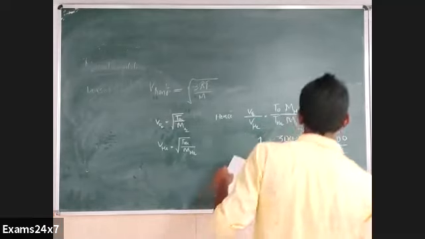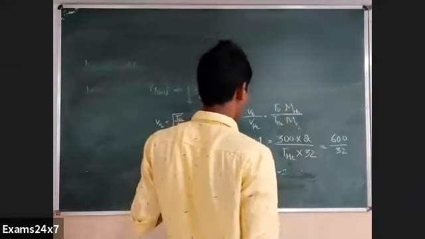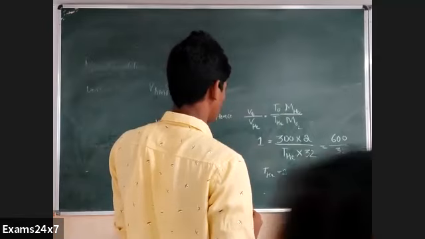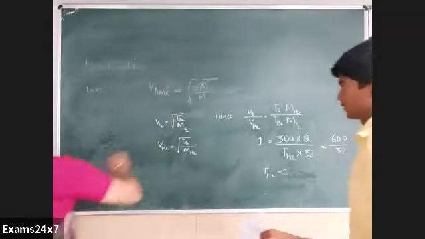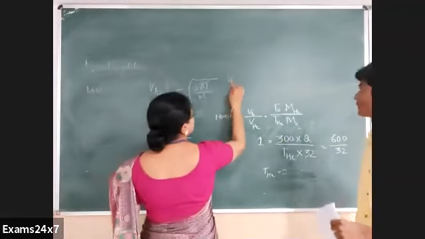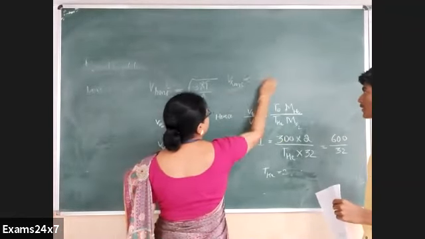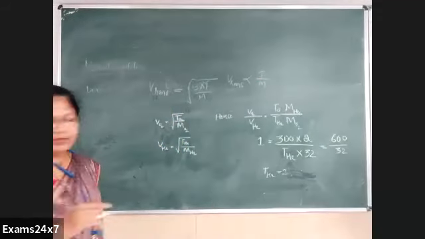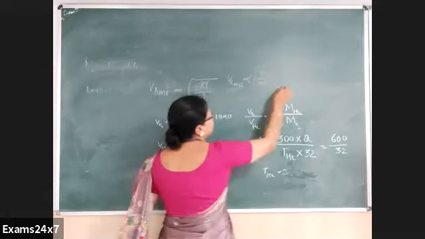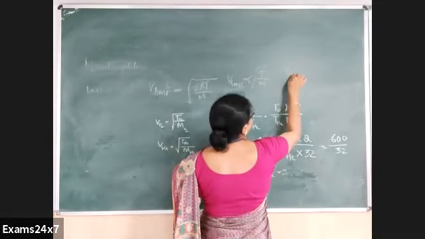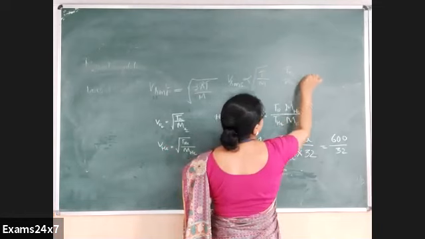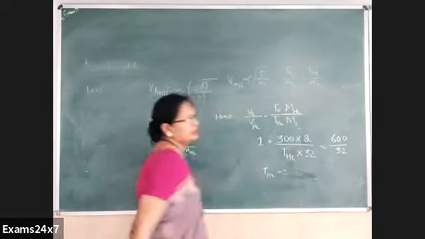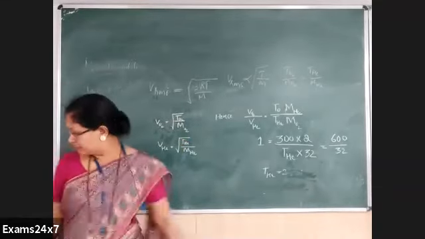Where is it wrong? It's wrong. We can even simply do it here, no? V RMS we can say is proportional to square root of T by M. For two gases as V RMS are the same, square root of T by M is the same. Therefore, T of oxygen by M of oxygen should be equal to T of helium by M of helium. In a simple way, you can solve it. Just try to put in that.